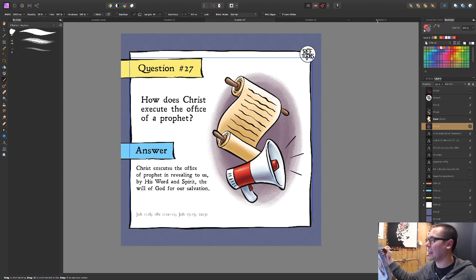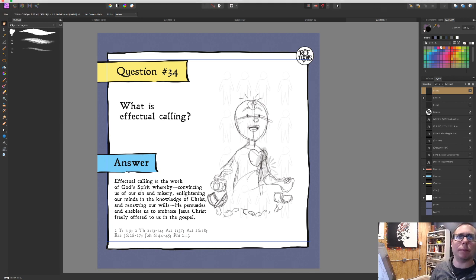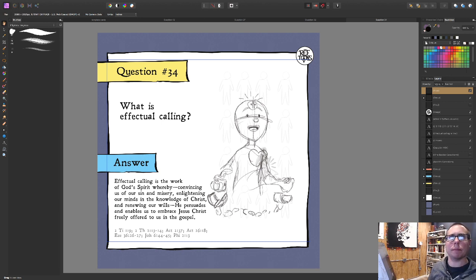Then I will hop over. Question 34. I also have that other RefToon that I've been working on, but I need to get some of these catechisms finished up, so I'll do that.